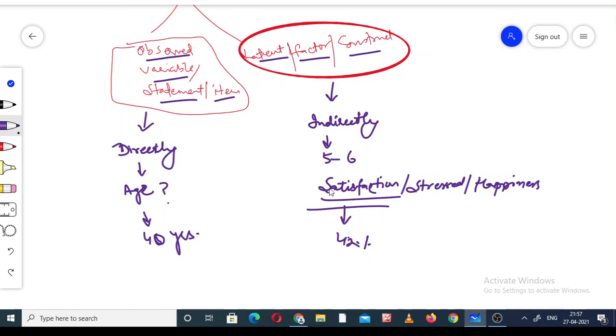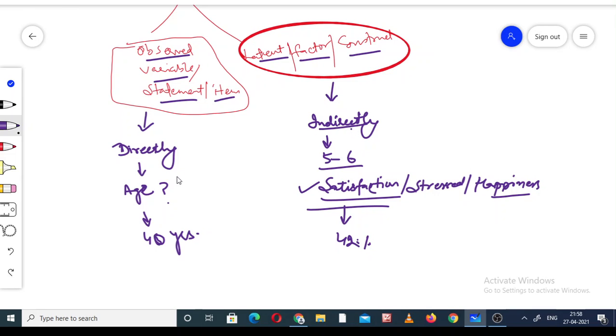The answers to these can be asked in 5-6 questions. That's why they are indirect. We cannot say I am 42% happy, 42% stressed. So that's why they are indirect. This is direct, this is indirect.